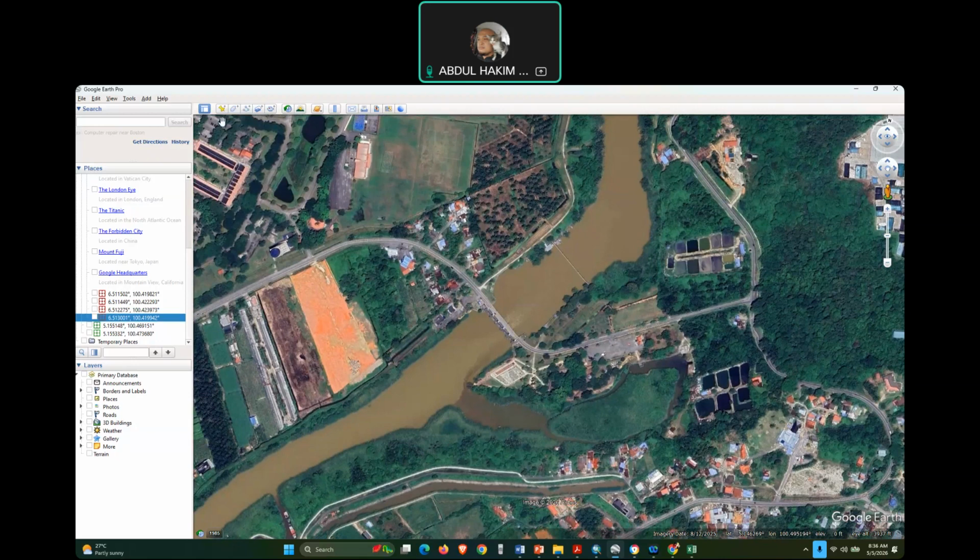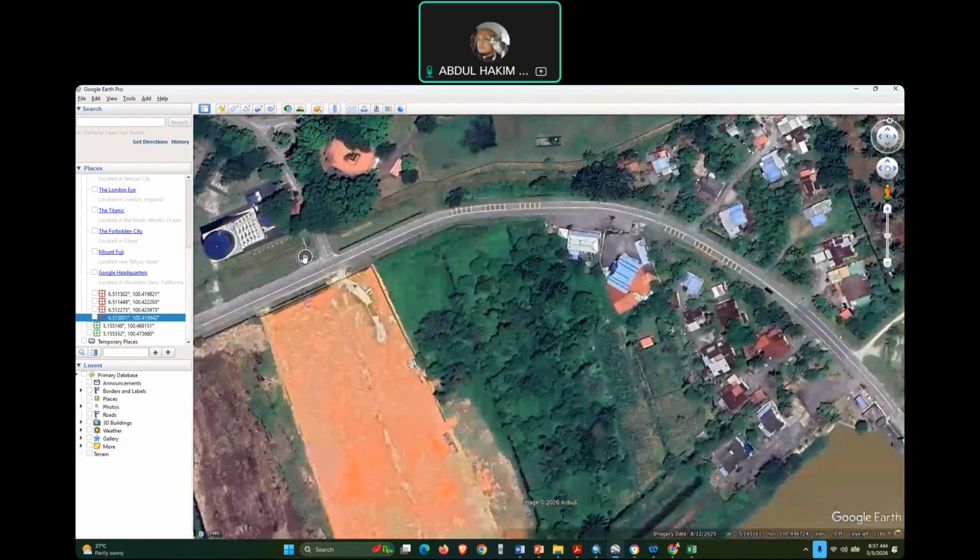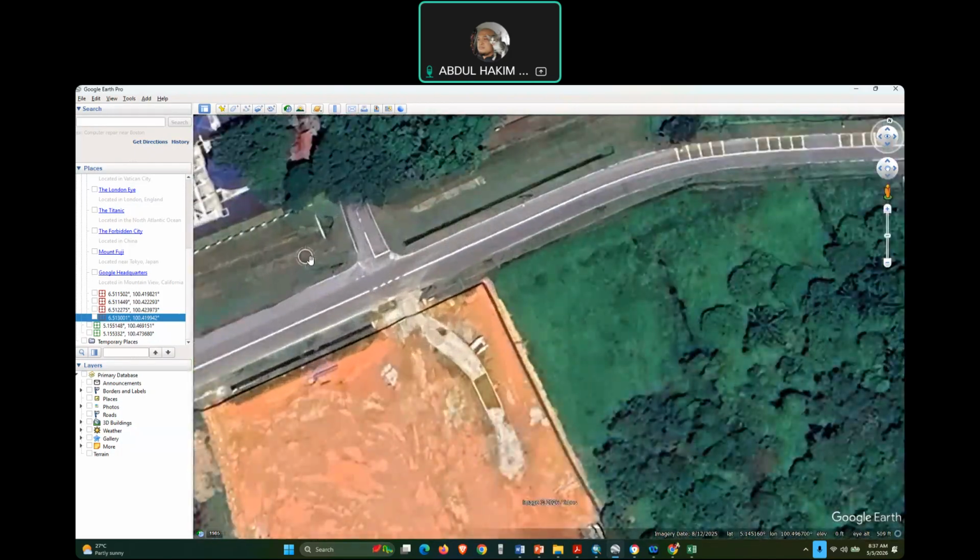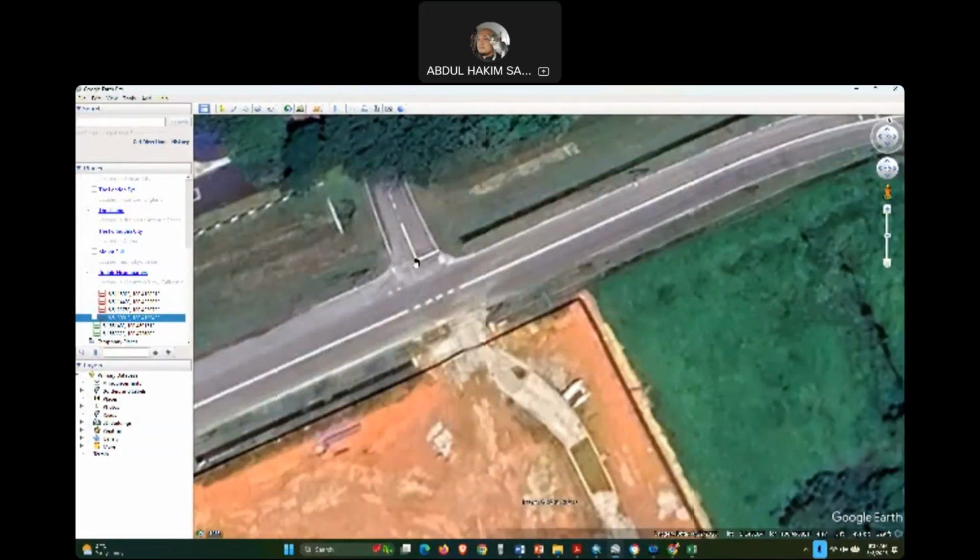So now, there are two types. The first type is where you actually fly a drone. If you fly a drone, you need to establish the control points